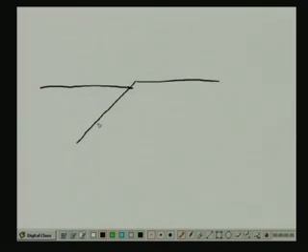So, in this case, dip of the fault is that angle there, strike of the fault is the orientation of this line perpendicular to the plane of this paper. I mean, the azimuth of that line